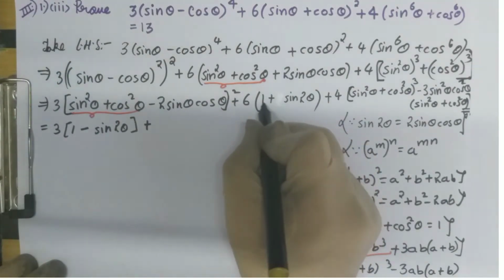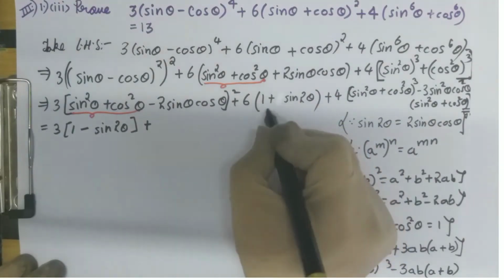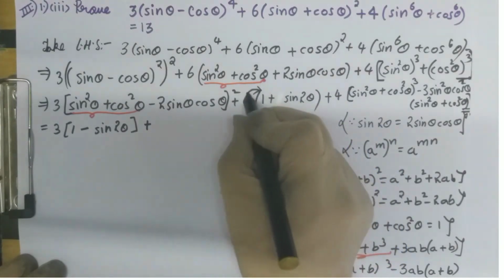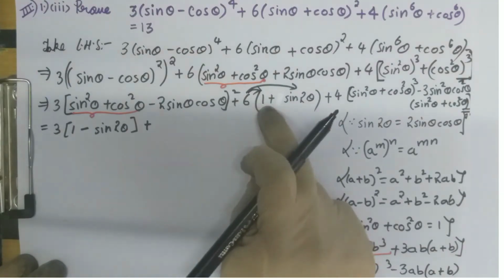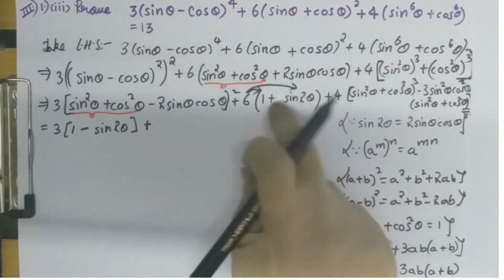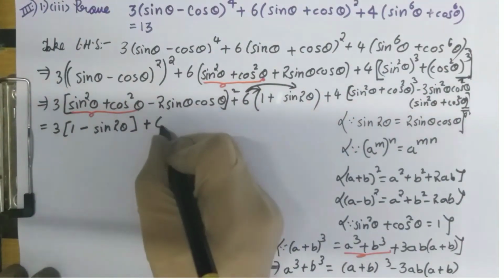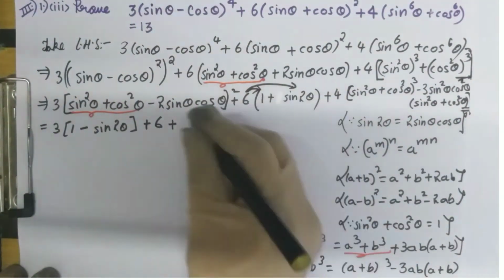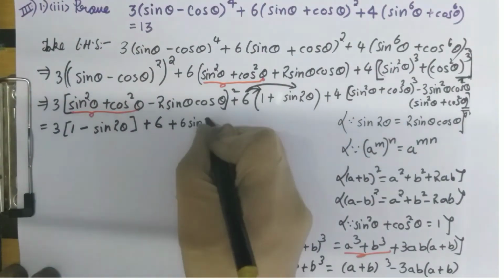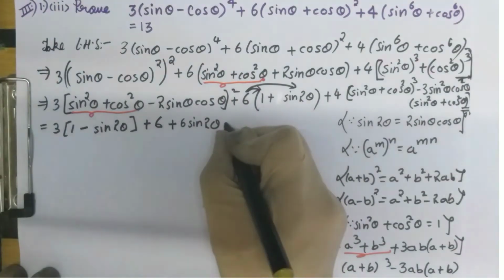plus, now we cannot do anything to this, right? Already 2 sine theta cos theta we wrote as sine 2 theta. So we will just multiply this 6 with 1 and we'll multiply this 6 with sine 2 theta, because 6 is before the bracket, so it belongs to both the terms. So 6 ones are 6 plus 6 into sine 2 theta, here we have plus 4 into, okay, I'll write